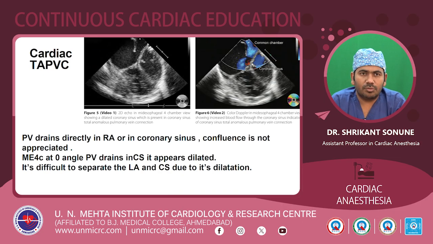Coming to the cardiac type of TAPVC, in this type, as we can see in the echo image, the coronary sinus appears to be dilated and there is a common chamber or the atrial septal defect can be seen. The pulmonary veins drain directly into the right atrium or into the coronary sinus, and the confluence is not appreciated at this type of